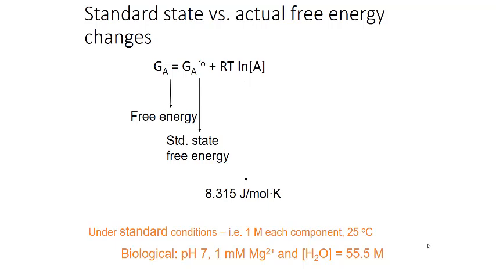So if we are looking for the free energy of A, and assuming we are not at equilibrium, we have to take the delta G naught prime, or the standard state free energy of biological conditions, and add it to the gas constant, R, times the temperature, again adjusting for a difference in temperature, and the natural log of the concentration. So we're taking into account any deviation of our molecules from 1 molar that is defined in the standard state. Again, we can think of the second term in this equation as a correction factor for the actual conditions of the reaction. In class, we'll talk about how to quantify the delta G for a reaction and how the delta G is related